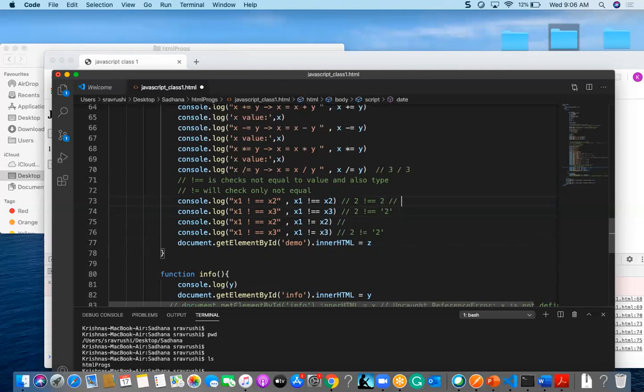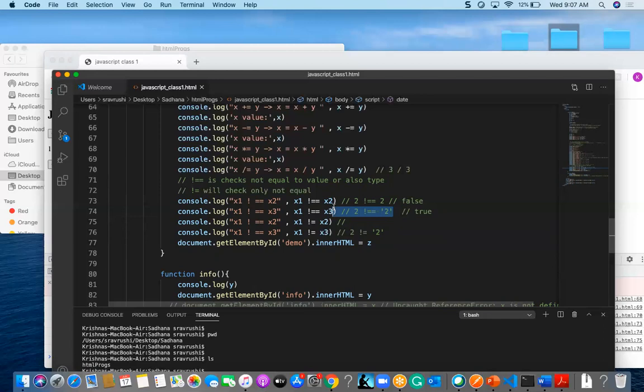Then this is like false, and this is true. So since both are equal, it became false. Either it should equal the value or it should equal the type. Anyhow, if that value is not equal, then it became true.